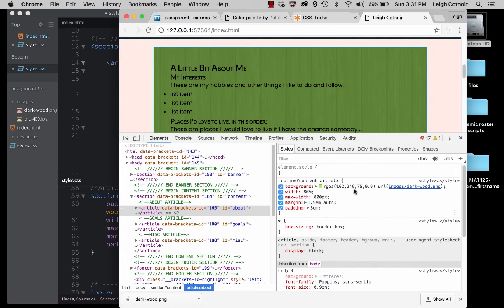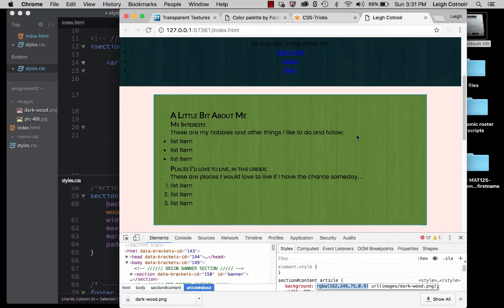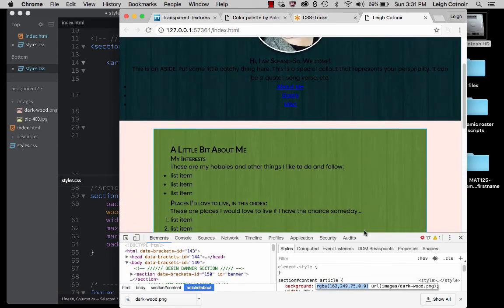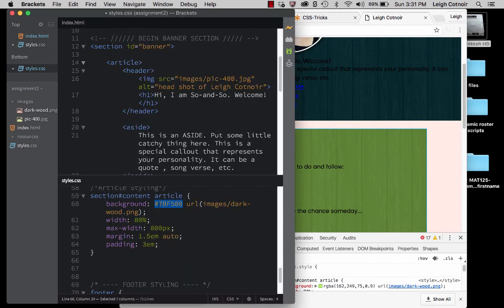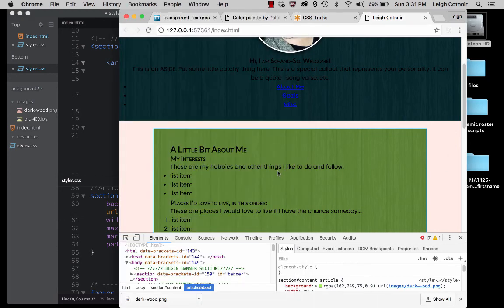And then this is not permanent. Remember, this is in the inspector. But what I could do is come here and copy this. The thing that's nice about it is that it gives me a live preview that Brackets doesn't yet allow me to have. And I like this RGBA value, so I'm going to come over here and replace this hexadecimal value with this RGBA value that I pulled out of Chrome. And then now my live update will actually show me